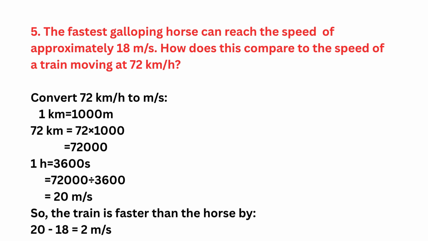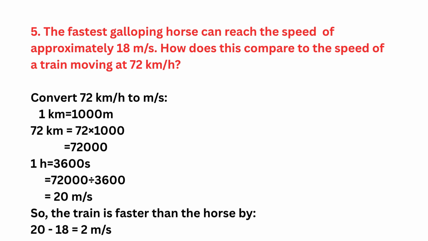Next one: a galloping horse can reach a speed of approximately 18 meter per second. How does this compare to the speed of a train moving at 72 kilometer per hour? First we want to convert 72 kilometer per hour into meter per second. 1 kilometer is equal to 1000 meters, so 72 kilometer is equal to 72 into 1000, that is 72,000